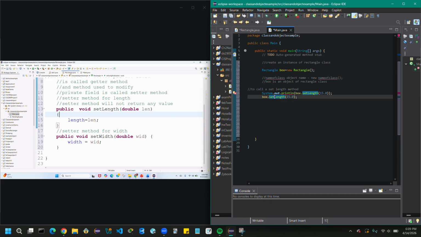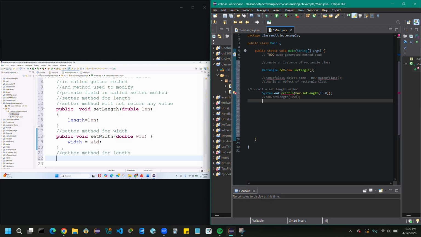Next is how we can access the values. We have to use a getter method, like a get value method. So let's write another method. Next is the getter method for the length.